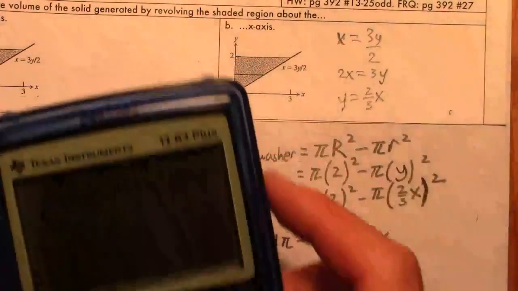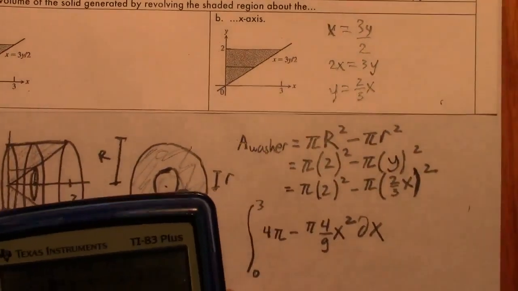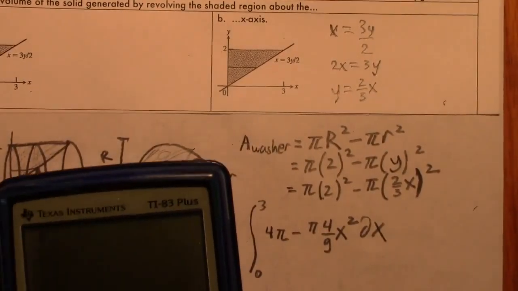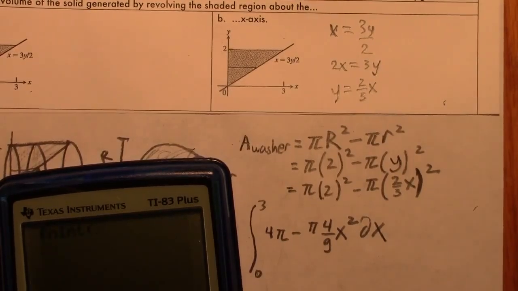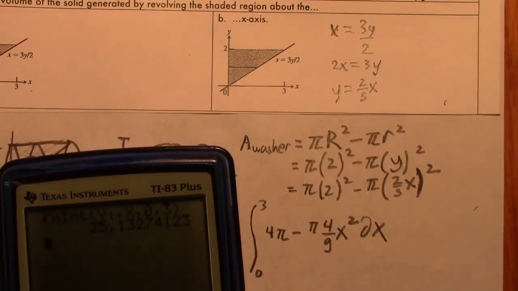So now I can find the integral. It's going from 0 to 3, just make sure that's right. All right, so then fnInt, math, 9, vars, y vars, typing this all in, going from 0 to 3, and I get